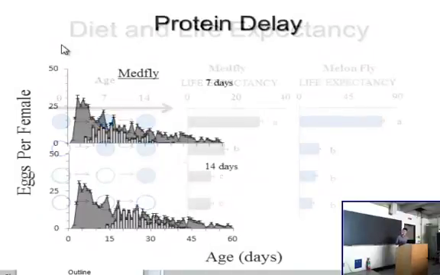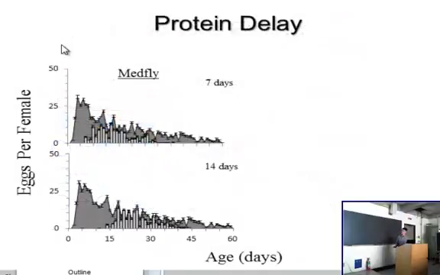Now, when we look at the effect of delaying vitellogenesis on the age-specific reproduction, we kind of see a different result from when host access was just deprived. Now, again, we have the eggs laid per female with age, which is the x-axis, and then the control is the shaded area with the treatments overlaid on top of that.